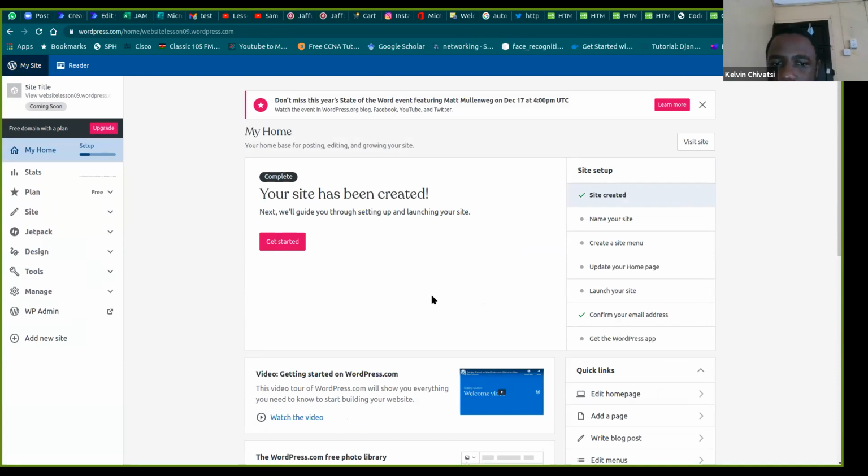Okay. So once you have it like that, here you are able to set up your website. There are so many things you can do to your website. As you can see, the site has been created. This is the setup process. Okay, you need to confirm your email, so you can go through it step by step. Give your site a name, create the site menu, update your homepage, launch your site. Okay,